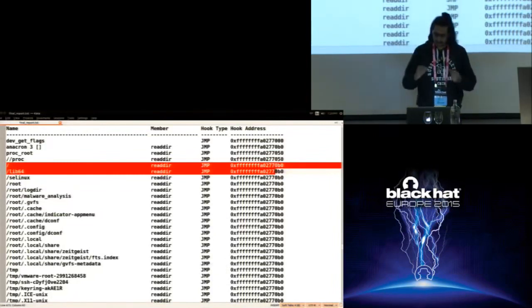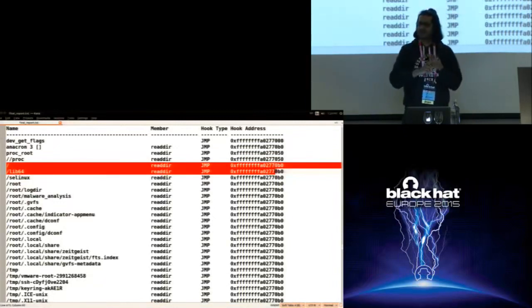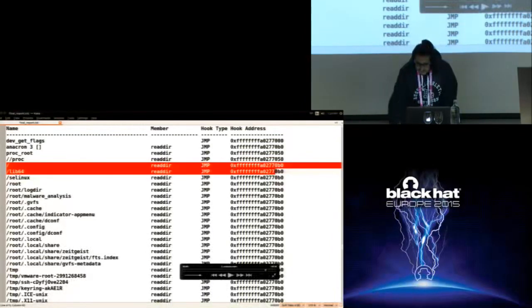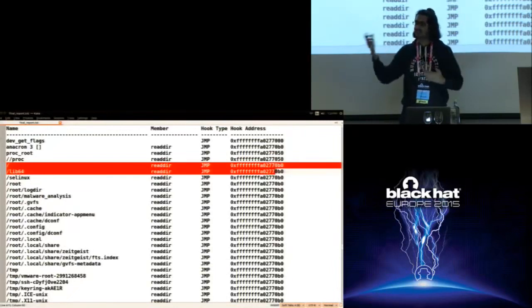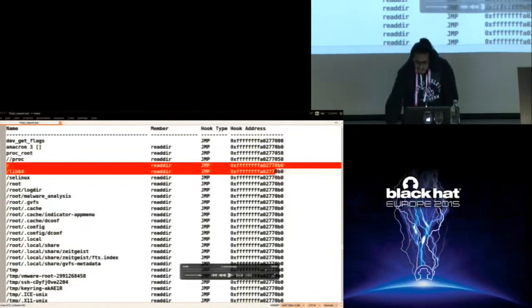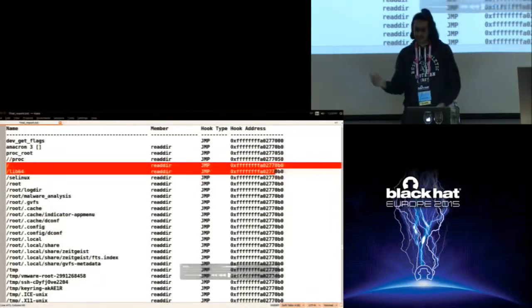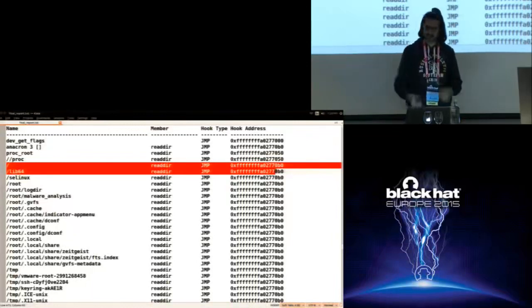By hooking the system call, what the malware is doing is, whenever tools like ps or netstat call the readdir function, this is being redirected to a malicious function here, which is here, there is a jump to this function. Now this malicious function can intercept and modify any data it wants. For example, if you're running the ps tool, it is reading a directory which is getting transferred here, and the return value of the readdir again comes to this function. Now this function can delete any process that it wants to hide and return the results back to the ps process. Now, ps will show all the processes except the rootkit process because of this hooking.